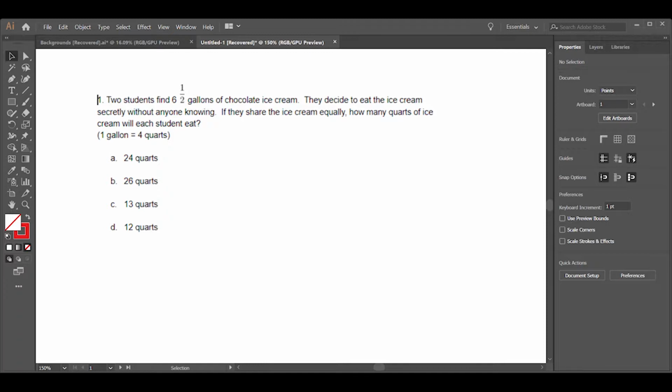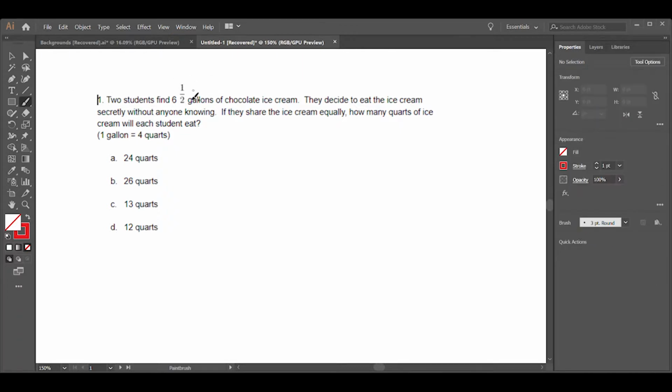Alright, so the first thing I'm going to think about is what type of question this is. What immediately becomes apparent is I see 6.5 gallons of chocolate ice cream. I see two students that find the ice cream. 2 is a number, so I circle it. Student is its label. They decide to eat the ice cream secretly without anyone knowing. If they share, okay, that's something I'm going to have to do to the ice cream, and if they share the ice cream equally,